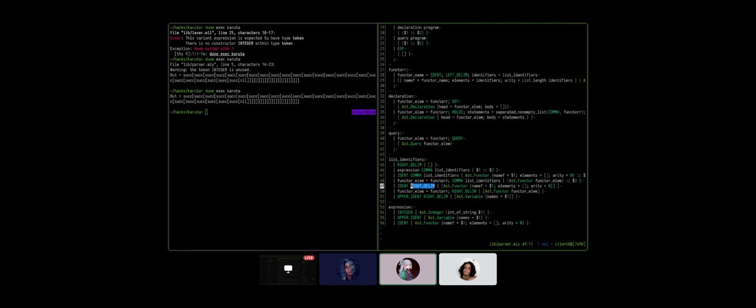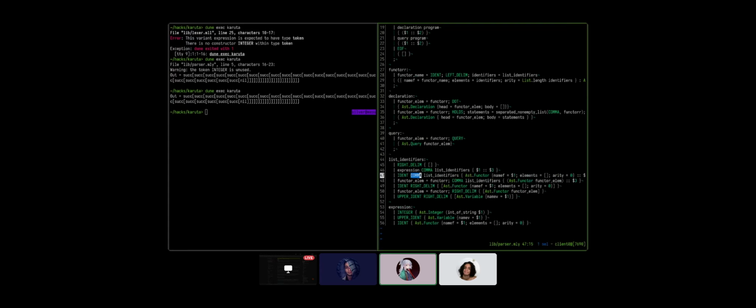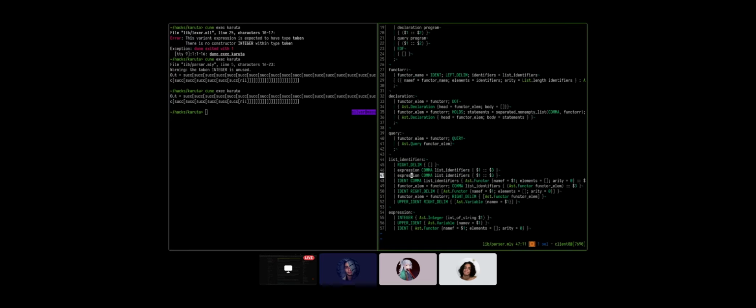No, but this is kind of redundant because this should be dealt with by having the recursive case here. Oh, it's because of the freaking comma. Yeah, because of the comma. In one of them you are combining the identifiers, like I said, functors inside functors, and the other one you're about to close a functor.